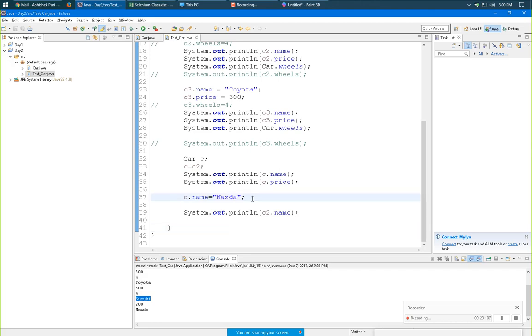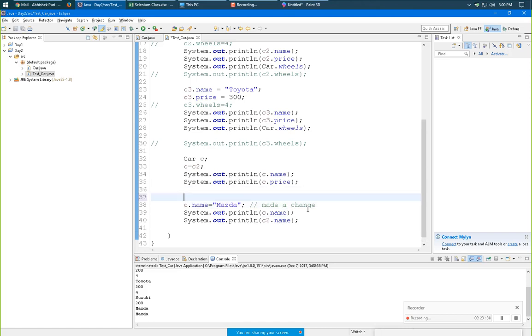I made a change here, so it will be reflecting the change from there afterwards. So for example, C.name, it will be printing Mazda twice.